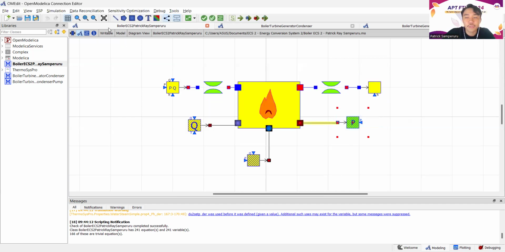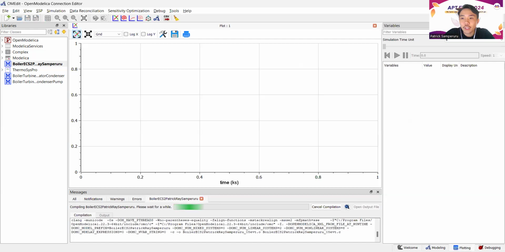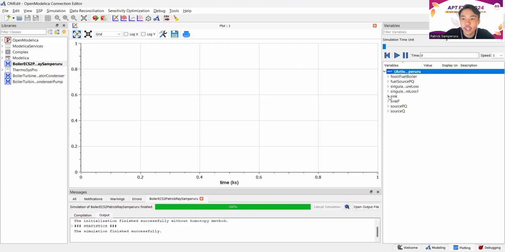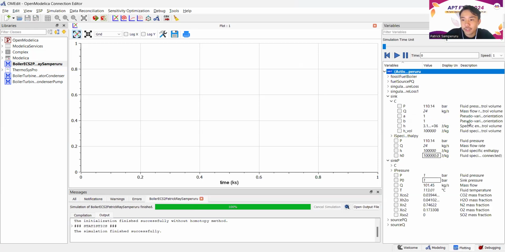And so let me move this down here. If I simulate, it's taking time. Okay, so if I simulate, we obtain these, and mostly what we will see is the sinks, because obviously that is the output, specifically here. So we have the new fluid pressure at 110 bars, the mass flow rate and enthalpy is the same, but